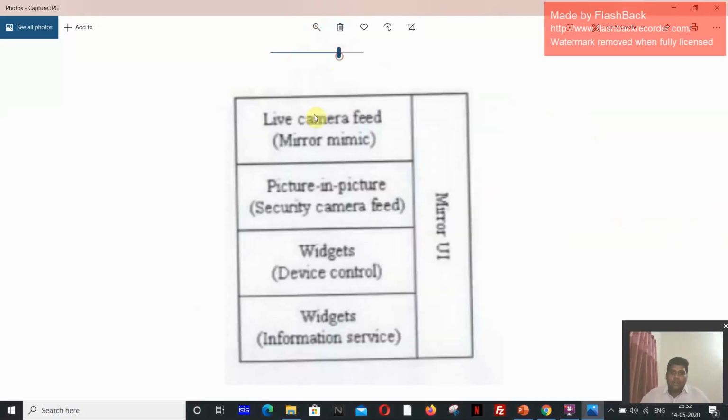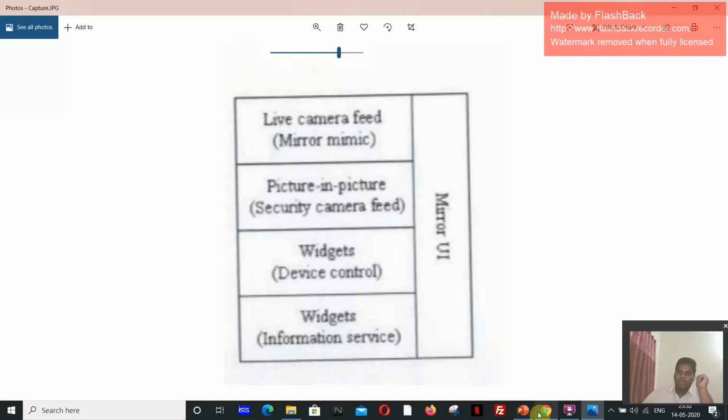Now, live feed, picture in picture, widgets I told, like weather reports, real-time news, dates and time. These are the four instructions used in smart mirrors of live feed camera. How the person looks in the picture, whether this dress will suit this person or not. All the features we can see in this smart mirror.